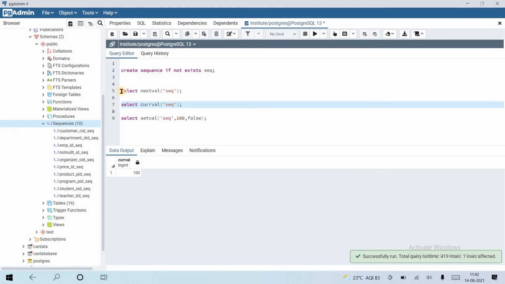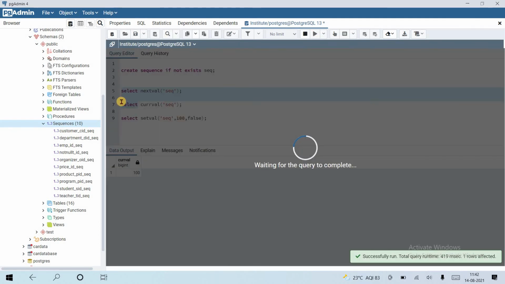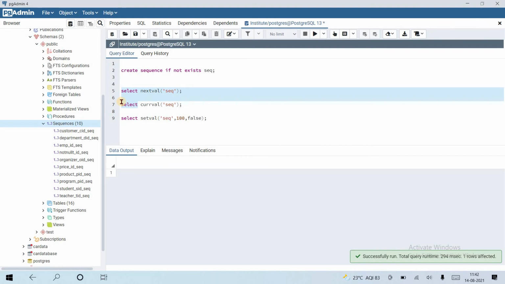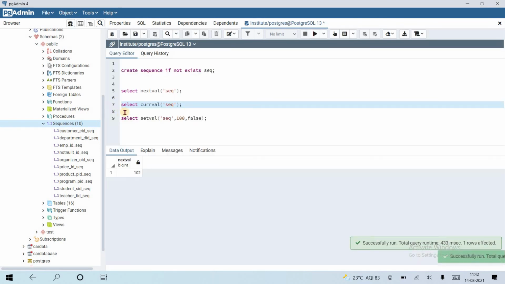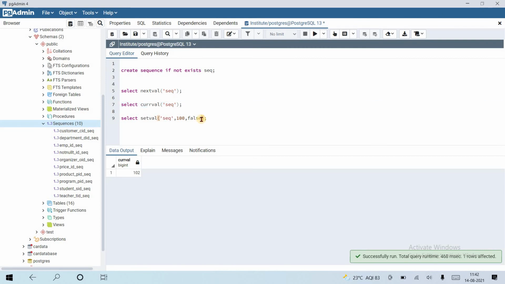And if I run the nextval function again, it will increment 101, 102, like that. So this false skips once. This false skips one number or one integer when we are using the nextval function. By default it is true, meaning there is no skip, or it skips once if you use false.